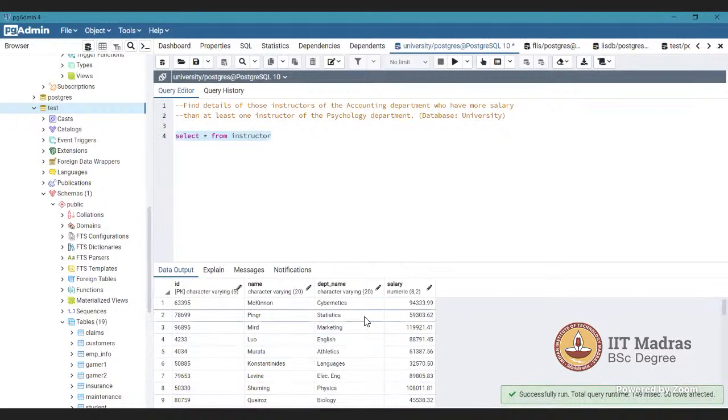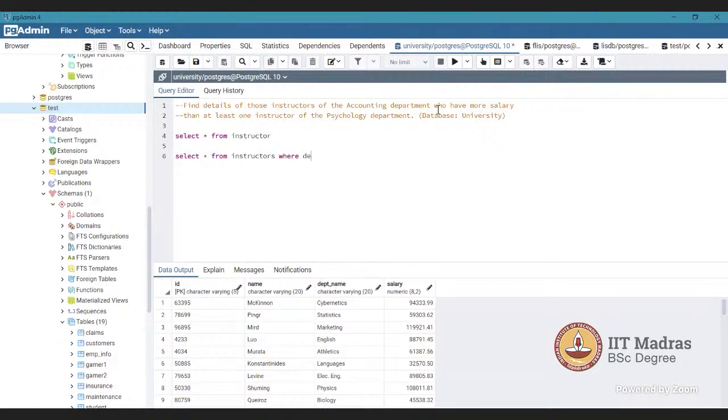So we have the department name, and we have to find out who has more salary, and this is the salary. So select. We have to find the details of those instructors, right? So we can use star from instructors. And it is given that details of those instructors of the accounting department. So where department name equals accounting,